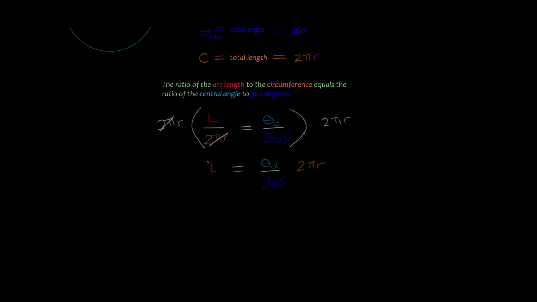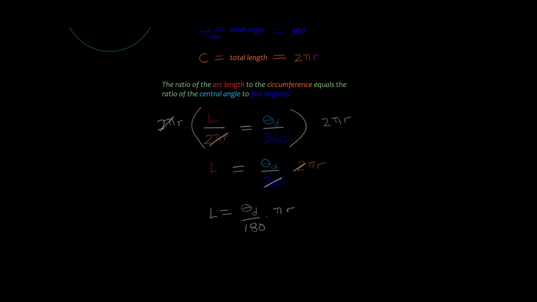Actually, we could simplify this a little bit further. We can divide by 2, and I'm going to do this in white. It'll be a little quicker. So I can simplify that. What I'm going to have is L equals theta sub d over 180 multiplied by